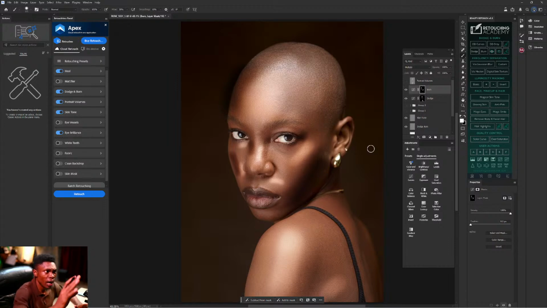So this one, what I will do is feather it. Then for the dodge too, I will select dodge and feather it. Just watch.